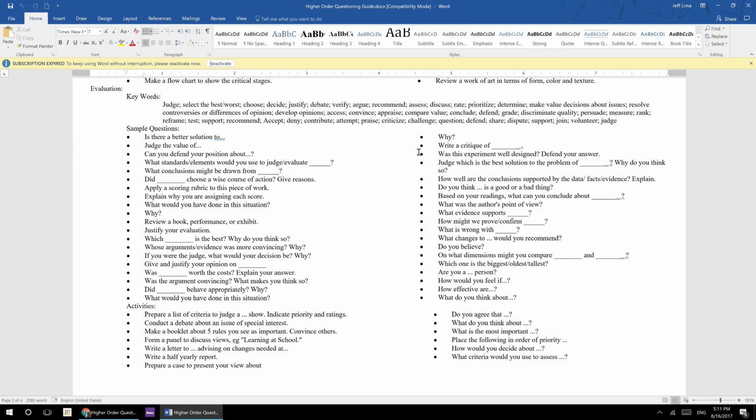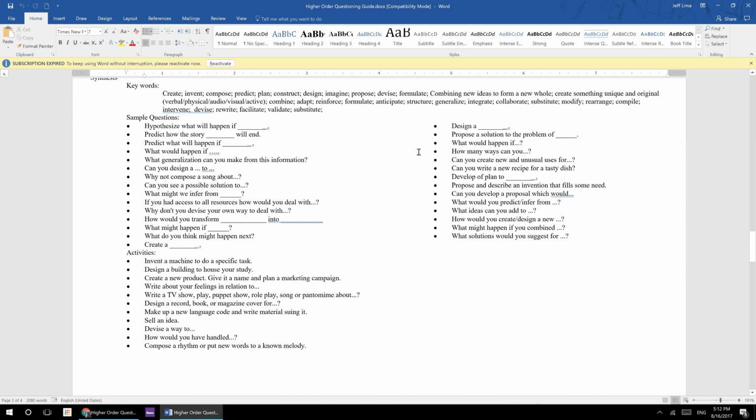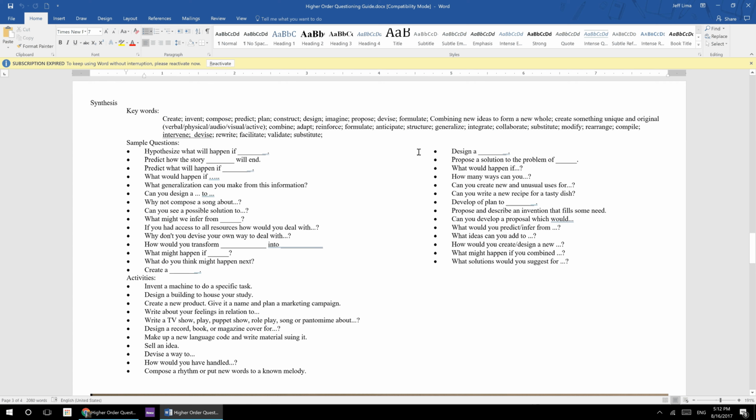Or can you defend your position about whether it makes a difference for the car to move faster or slower when it's raining? You see, that was actually more of a mixture of evaluation and application, which we'll talk about in a little second when we talk about the Rigor Reference Framework. Synthesis has to do with creation, coming up with something new, inventing, composing, formulating something, coming up with your own problems, collaborating with others, substituting one problem for the other. So designing an experiment to determine the velocity of an object would be a synthesis example.